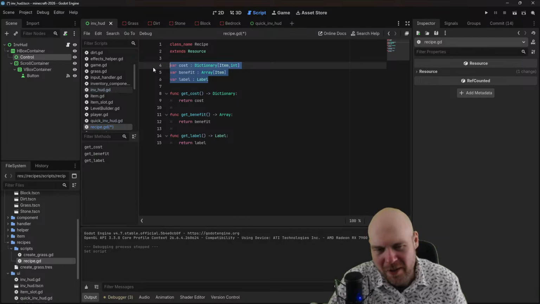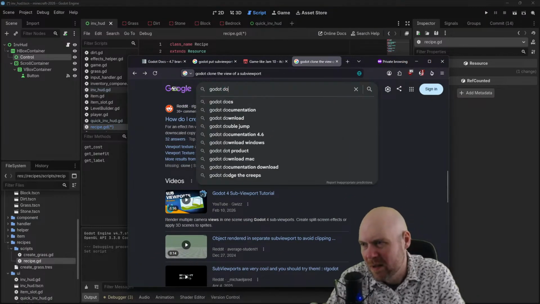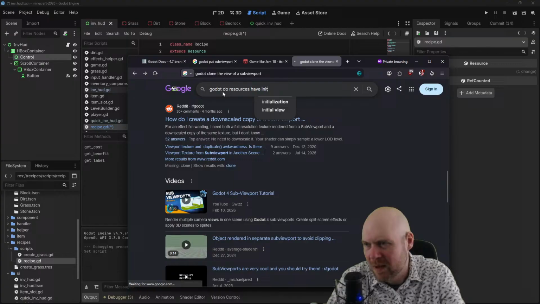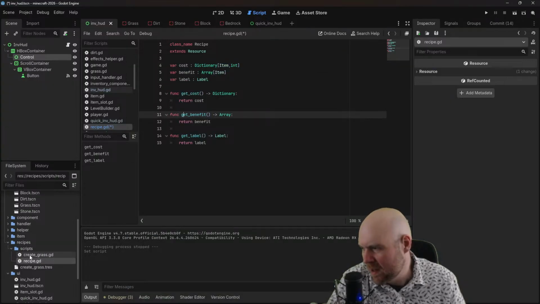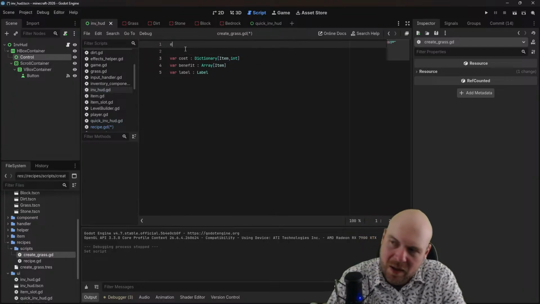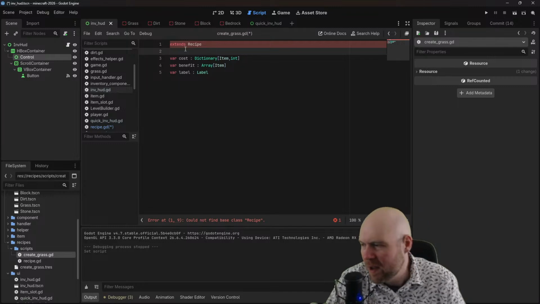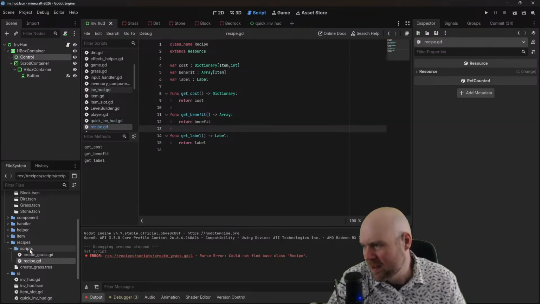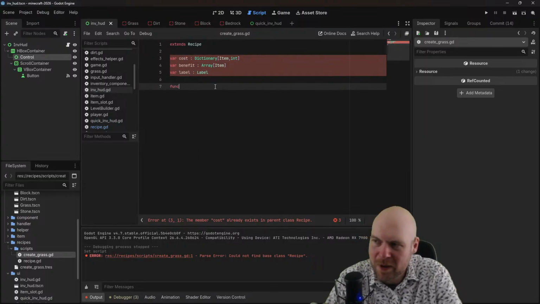Wait, do resources have an init? I think they do. Okay, sure. Let's make a recipe. We already did. Here it is. Extend recipe. Could not find that. Here it is. Just save. There we go. We don't do any of that. We do func init